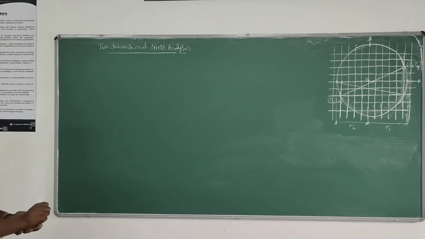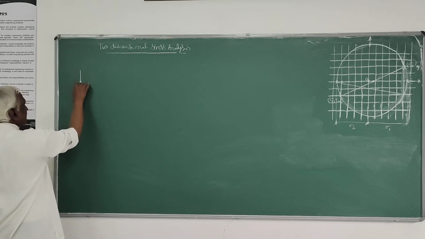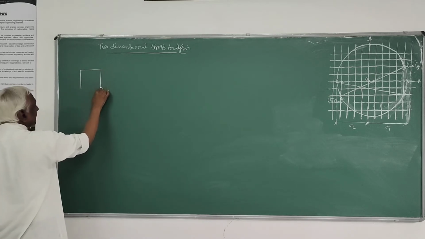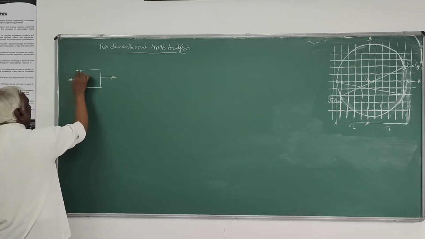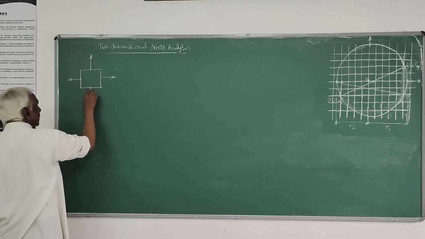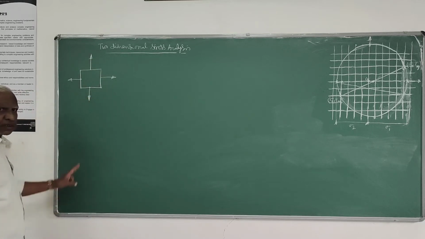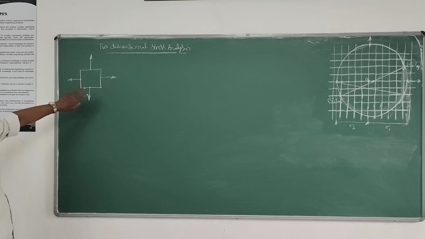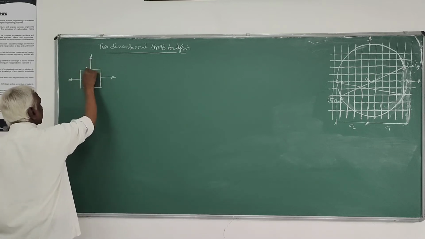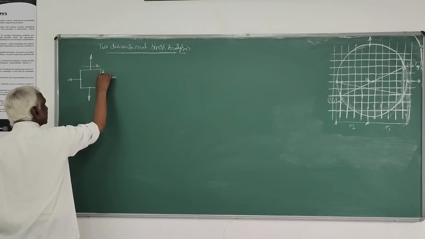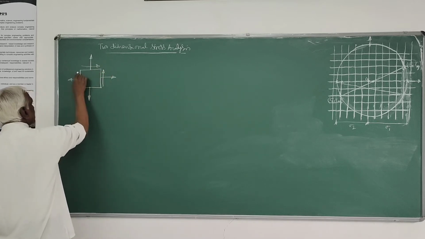So let us take a two-dimensional stress analysis. Two-dimensional state of stress, we can represent it on any element like this, having normal stresses on the two planes. Because it is two-dimensional stress analysis, it will be having two planes in its plane, and these are the normal stresses acting, and the shear stress will be along the plane.